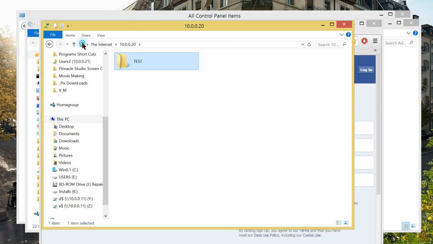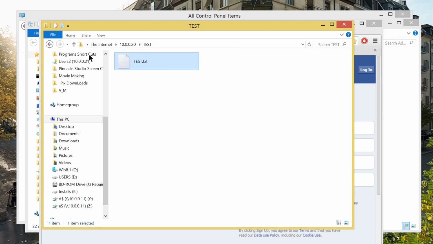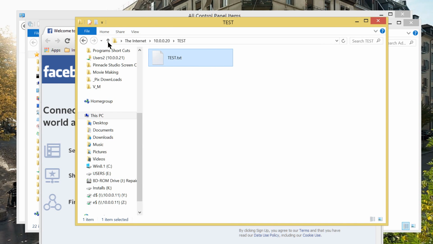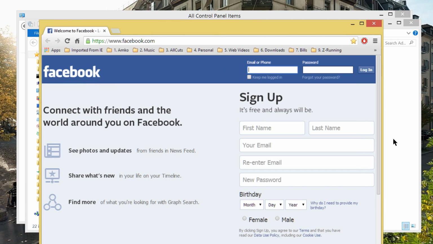I have here the file. And of course, I'm going to open this one, but I don't have a program to open it through FTP, but I can open this through Windows Explorer. Well, I believe we are okay now with this. But how about if I'm going to access this file on another computer? What will happen to it?